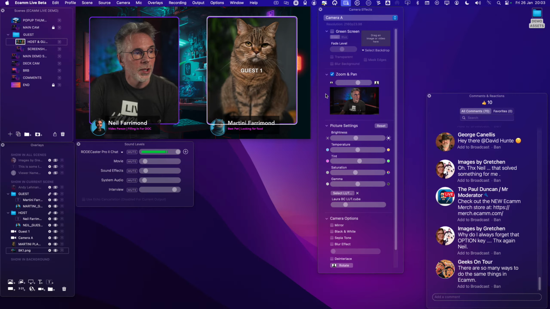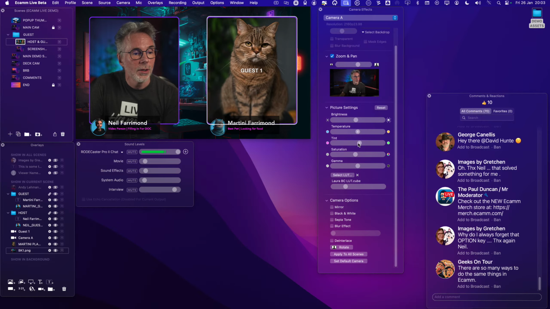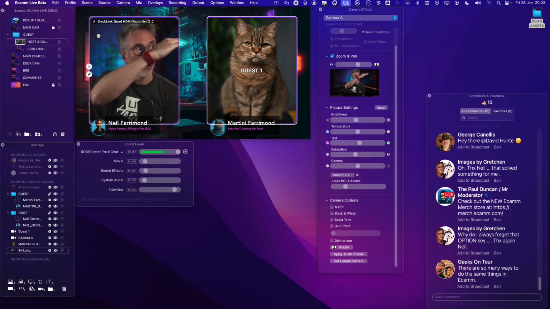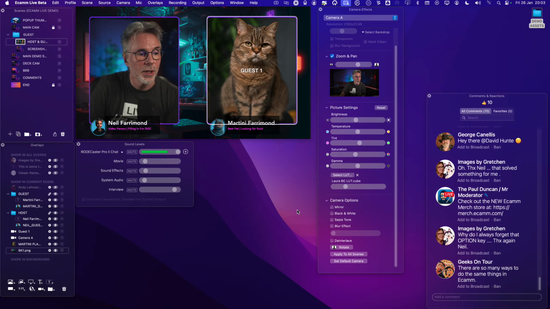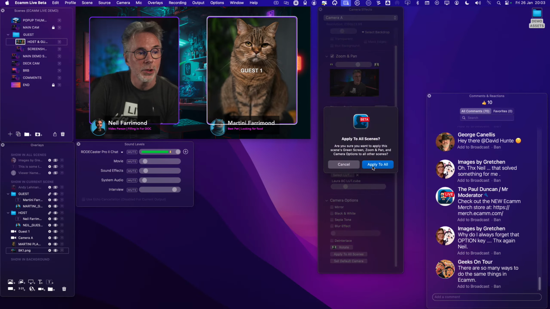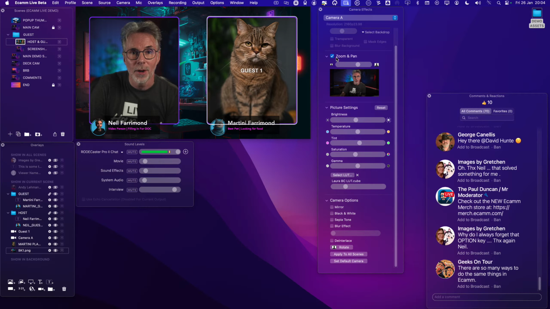Once you've made all those changes, I'm slightly zoomed in now and panned in across, you can save your settings to all the scenes. So if I've got camera A applied across all my various scenes, then when you apply to all scenes, everything will change where you've got your camera A referenced in your scenes, which is really good, because obviously if you had separate cameras and so on, then you'd have to go into each camera, you'd have